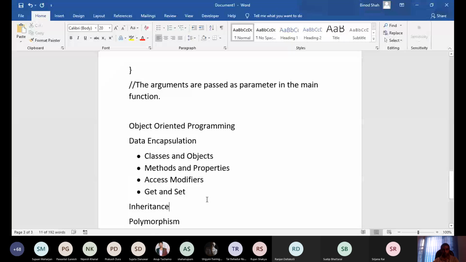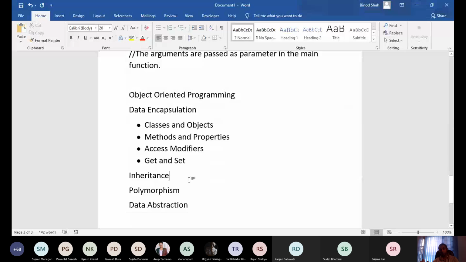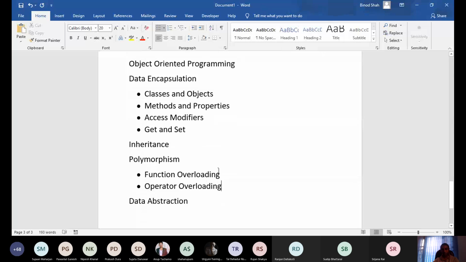So inheritance, we won't be doing a lot of things with inheritance. We'll be doing one simple program. The polymorphism, already you know there are two cases of polymorphism. One is function overloading, another is operator overloading. So operator overloading we won't be using a lot, so I'll be covering very basic stuff in the